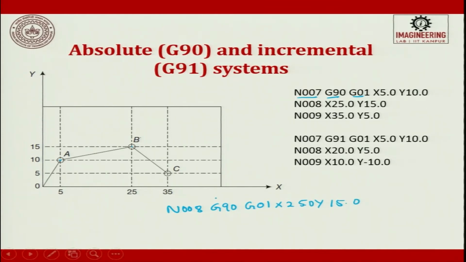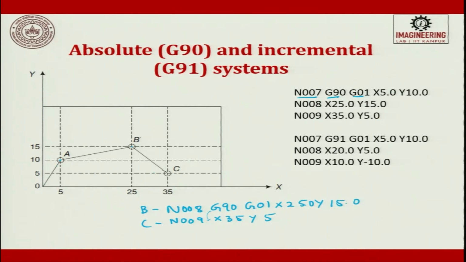Okay. So, here I am just trying to play safe. You need not call at every block the previous G code whatever you have used. If you call it, you maintain it so that you will know where you made an error. Otherwise, it is not necessary to call. The next sentence is for B, and this is for C, N009. I just say X35 Y5, that is all. So, the rest is all assumed by the modal command, it takes G90, it takes G01. So, this is what it is.